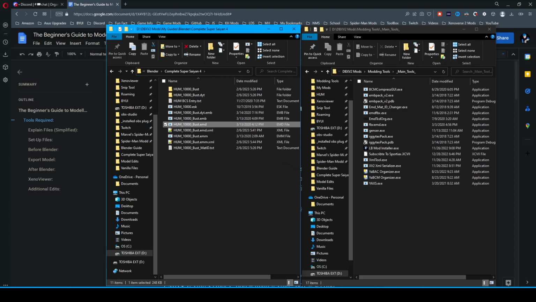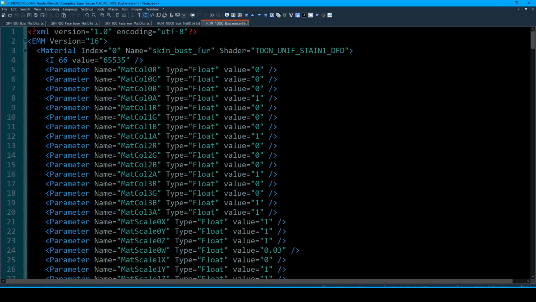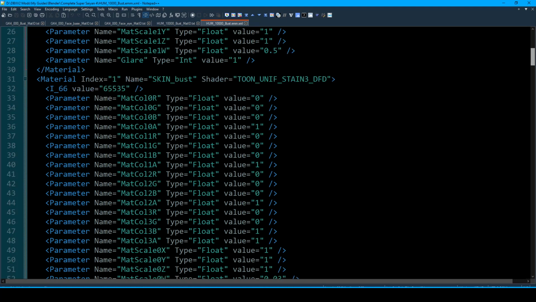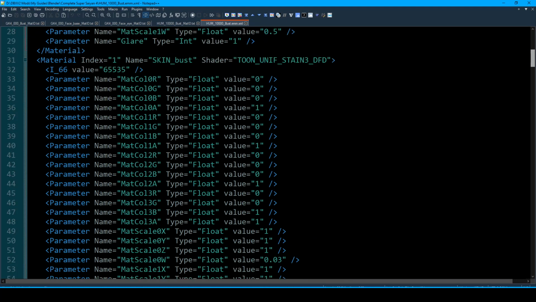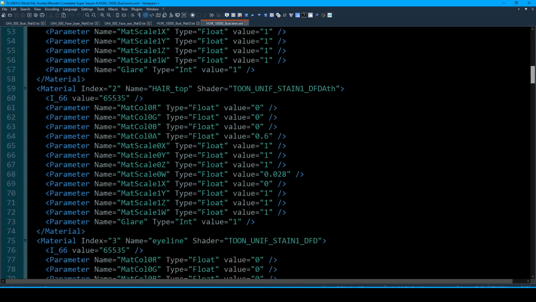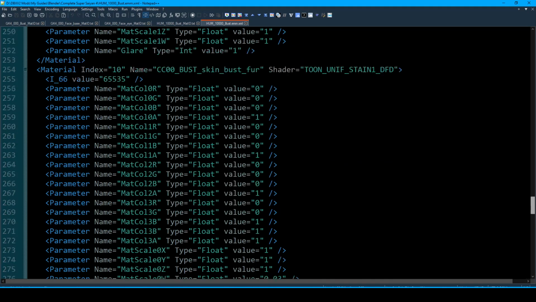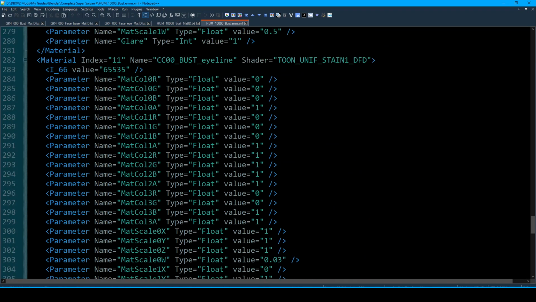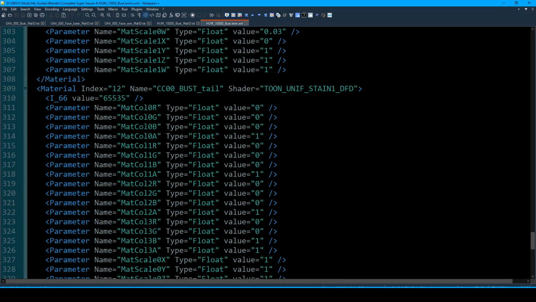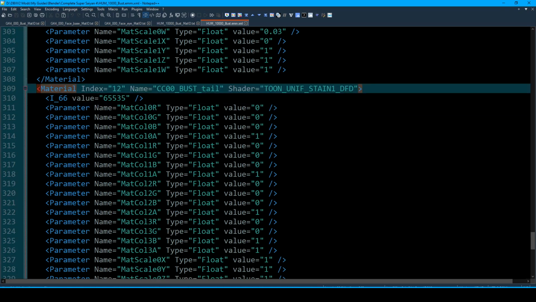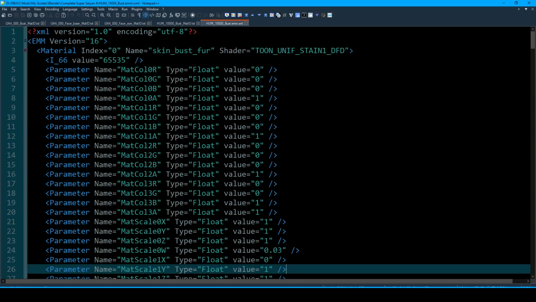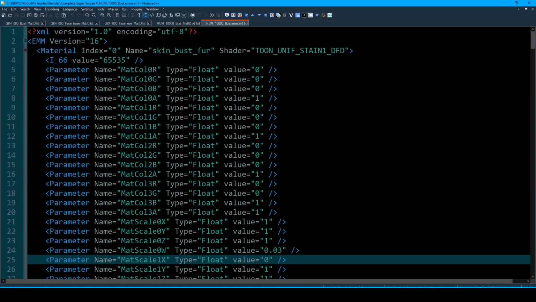Alright, and then for the EMD, you want to make sure that each has the correct name, and that those names match what is inside the EMM, which I'll show you here in Notepad++. Each one will match the name of the EMD, and that's the main reason why the face was all white, because the material ID name was not inside the EMM. So it's all added here, and then down here at the bottom, you see that you can colorize your part, as I mentioned in the beginning of the video. And then you also want to make sure that the DYT ramp is set to the correct material index.